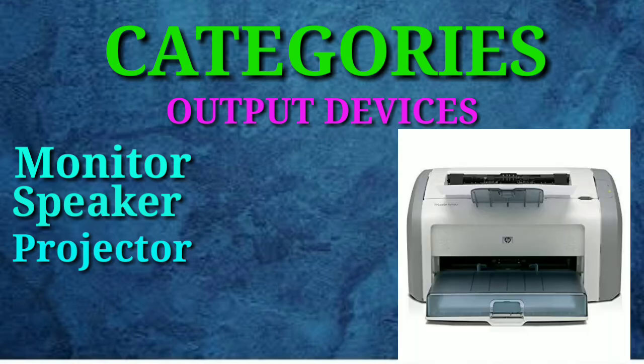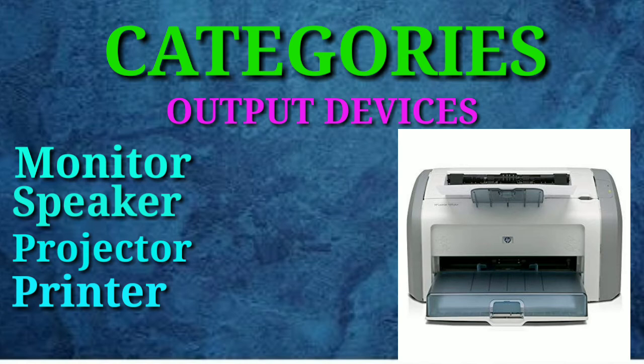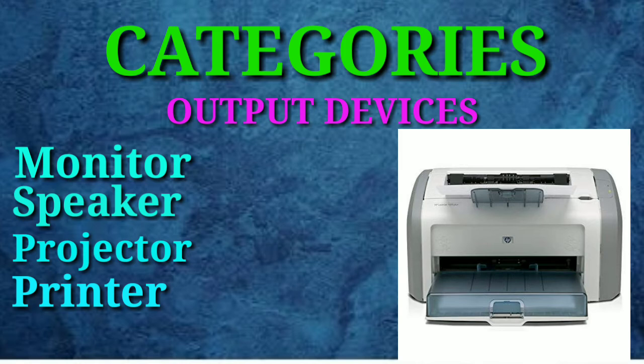Your next output device is the printer. A printer is an output device that generates a hard copy of work created on a computer. All printers do the same basic thing. They print an image on a page. A printer's resolution, cost, speed and overall ability vary depending upon the printer's quality and power. A printer can be connected to a computer via a USB port or Wi-Fi connection. The printed copy of data is called a hard copy.